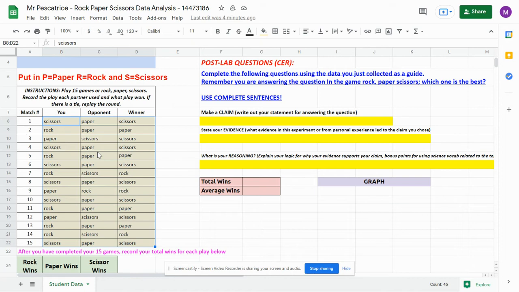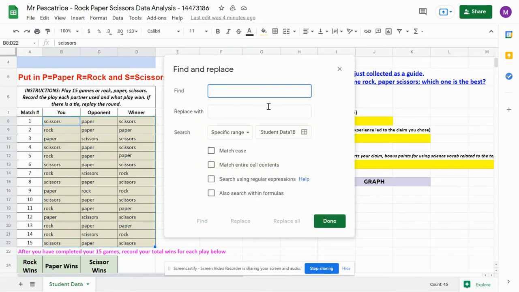What you're going to do is you're going to hold down Control and hit H. You're going to see a find and replace window pop up just like this. So it's going to search inside this range of cells in order to look for certain things. So what you're going to do is you want the program to find the words and replace them with the letters. So I'm going to type in, like this, scissors,